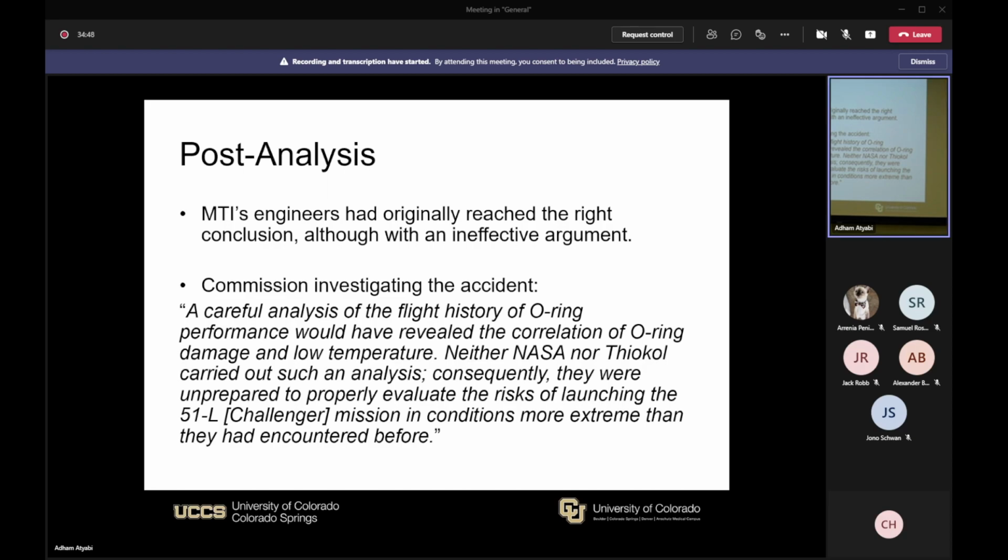So the displayed data were very thin, and as a result, it was no wonder that NASA officials were so skeptical about the no launch argument, which was basically advanced by the 13 charts that were presented to them. So